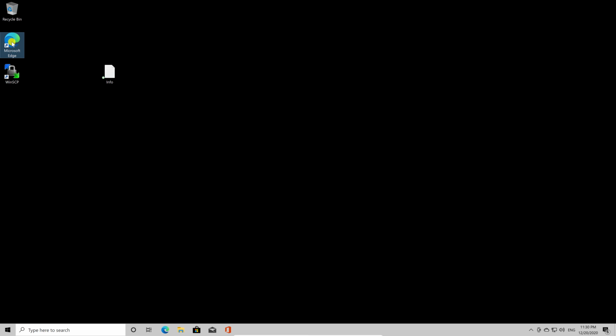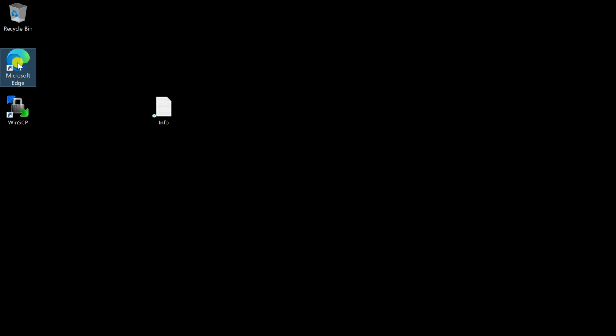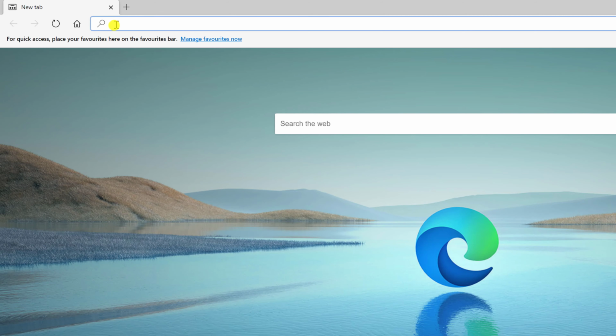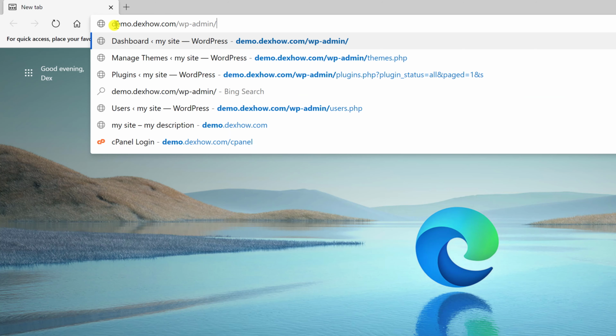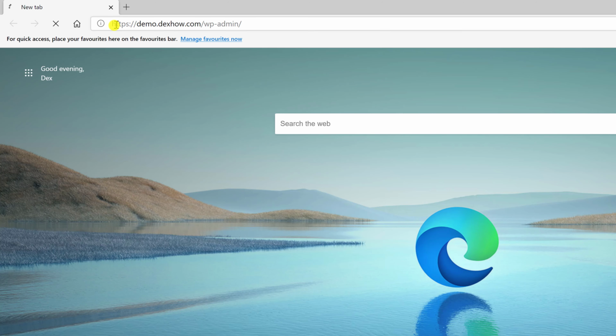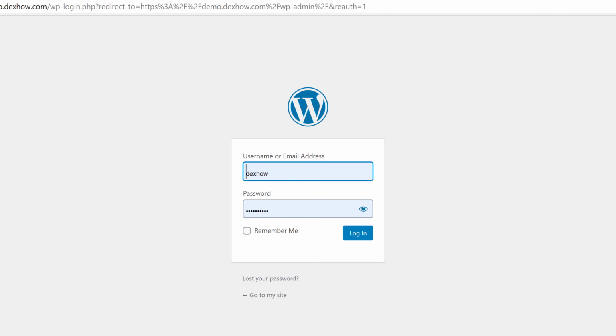So if you have given somebody this role on your site and you want to remove it, do it now. So first of all, open your browser and enter into your WordPress administration panel. Write your domain /wp-admin. Write your username and password, and then log in.